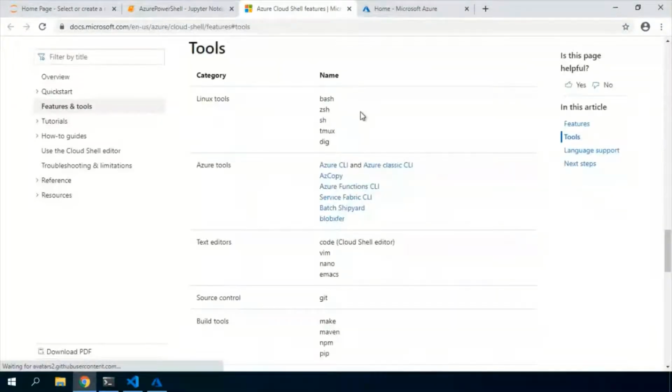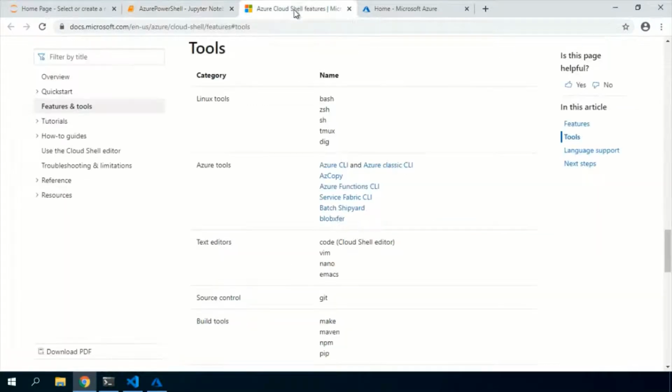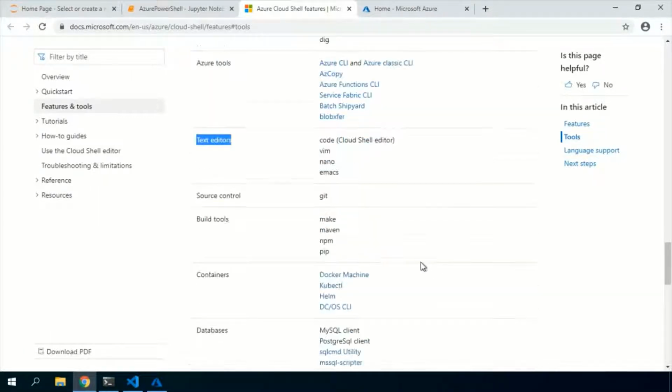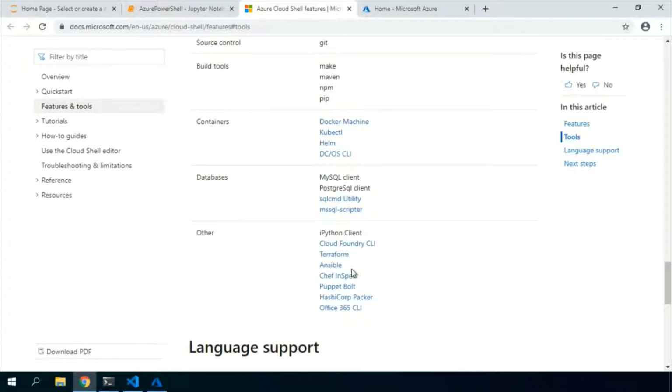Inside the Azure Cloud Shell, you have all the Linux tools, because basically it's a Linux container, right? So all the Linux flavored tools will always be there in that container, and also all the Azure tools, and text editors, and even source control, also Terraform, Ansible, Puppet, Chef, and Docker.